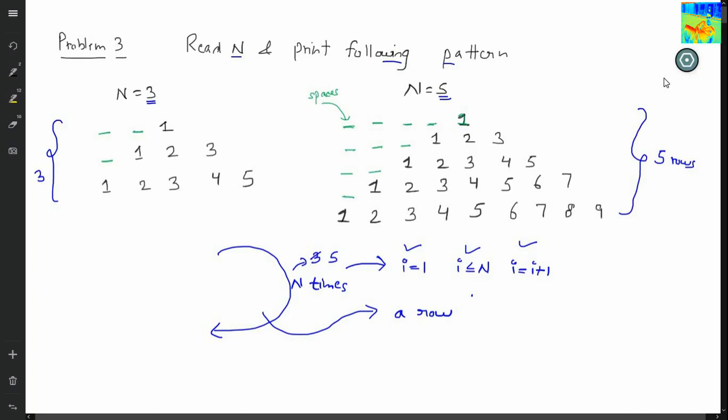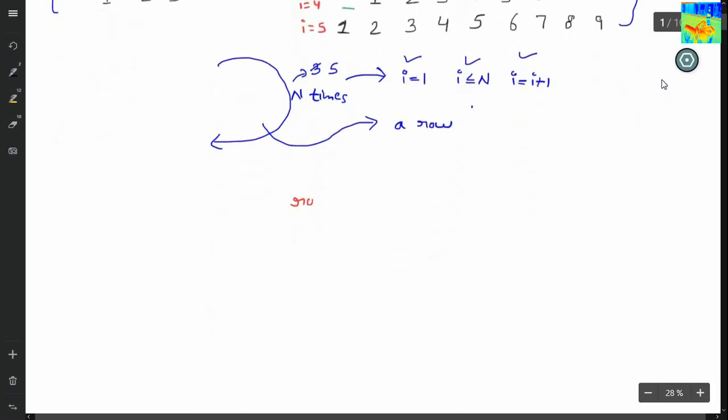Okay, so how many spaces and how many values do I have to print? Here the value of I is 1. Here the value of I is 2, I is 3, I is 4, I is 5. So our logic is, for printing a row, first I will print spaces. Then I will print numbers.